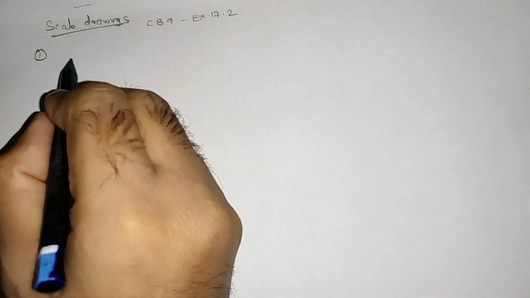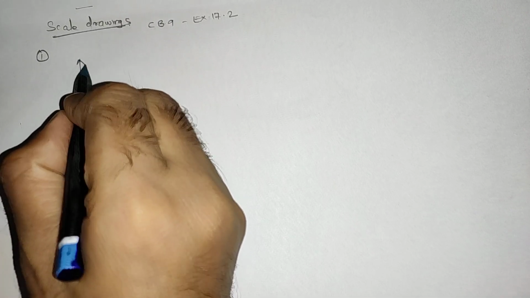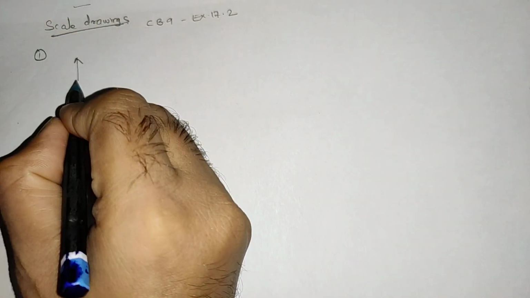Before we begin with the actual drawing, let us draw the rough diagram. So the question is, a ship leaves harbor and sails 80 km on a bearing of 120 degree. So first thing you will draw is the north arrow. Okay, so suppose this is the harbor, I denoted by the letter H.